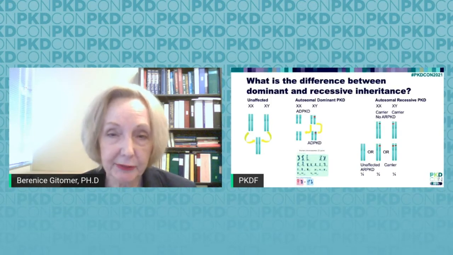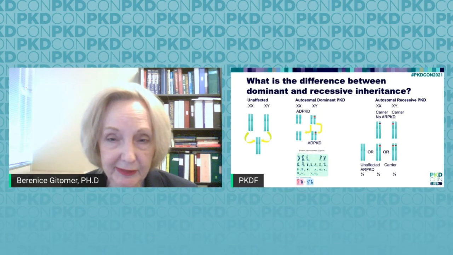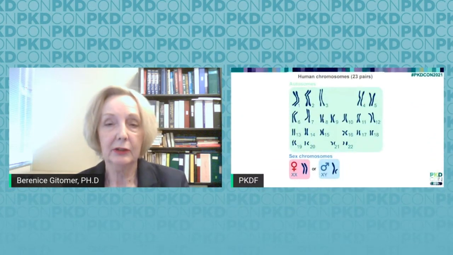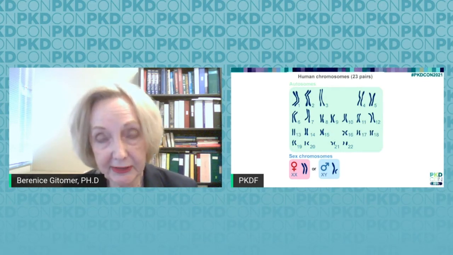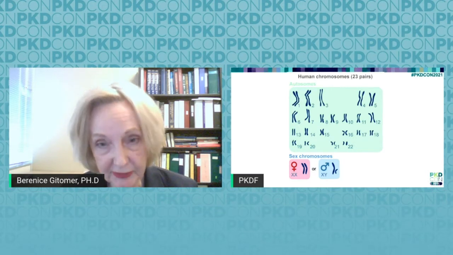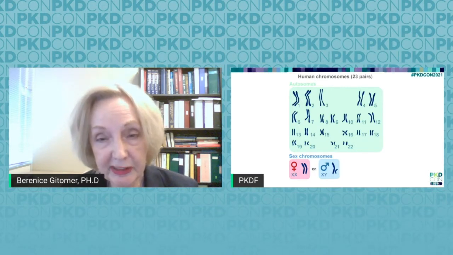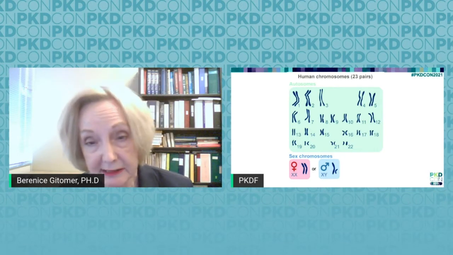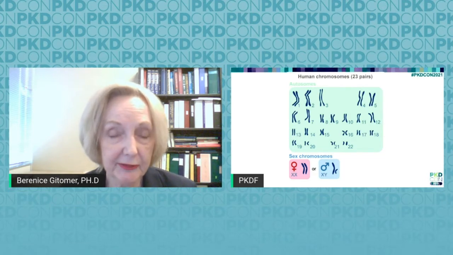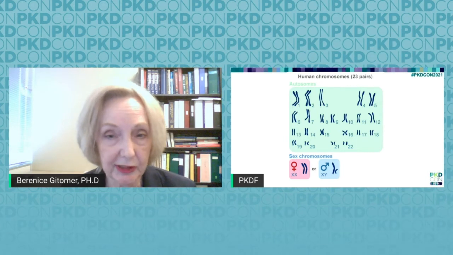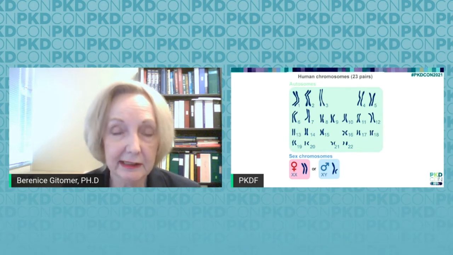So to briefly describe this, I will talk about our chromosomes. We have 22 pairs of what are called autosomes and one pair of sex chromosomes. So in the case of a female, they're XX. In the case of a male, it's 1X and 1Y. Because we have two copies of each of our chromosomes, that means that we also carry two copies of each gene.